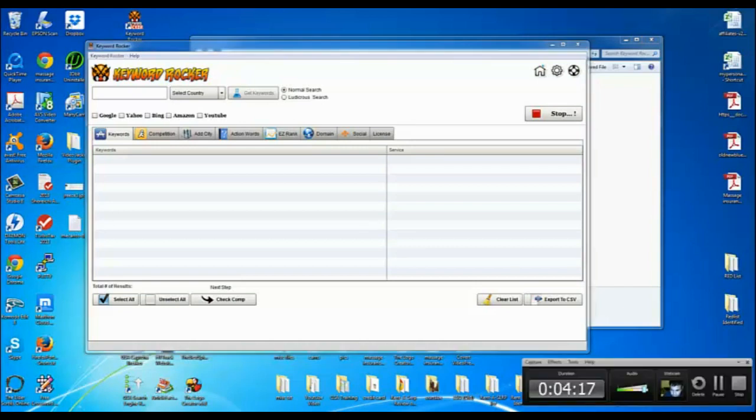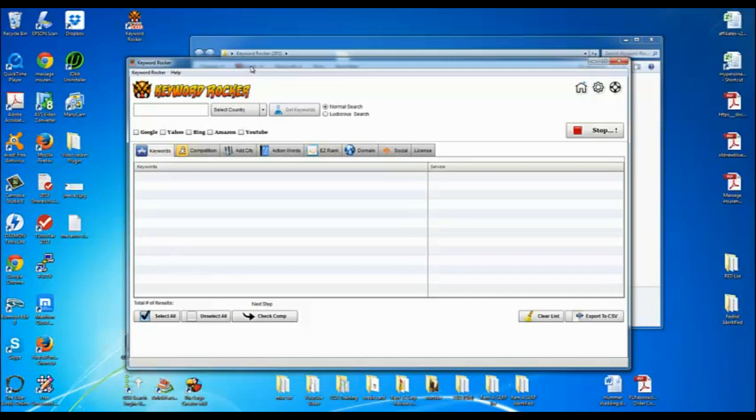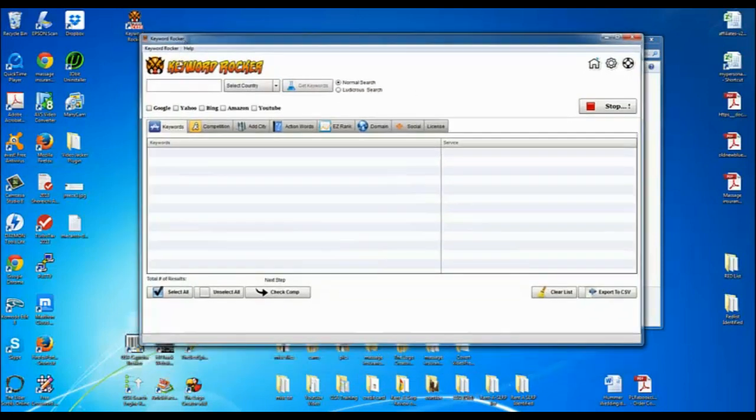Okay, so I am in the program now. Adobe Air wanted me to install some updates, so I rolled with it, and there's the Keyword Rocker icon, and here we are in this program. It looks clean, it looks professional. I would expect nothing less from the 2Rockstars, but I am also trying to acquaint myself here, because this is my first time looking at it, other than screenshots from the Rockstar Launches page that we were at at the beginning of this video.